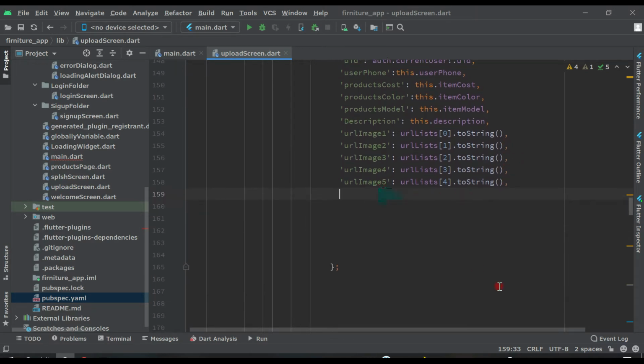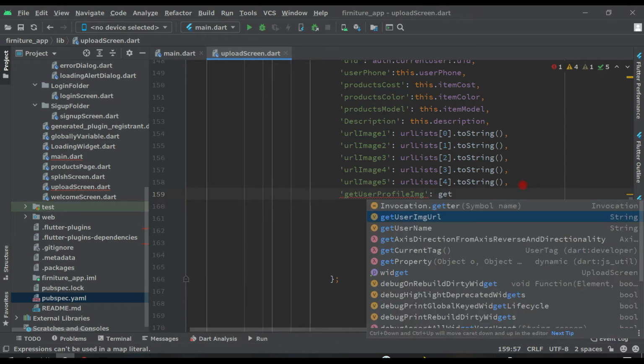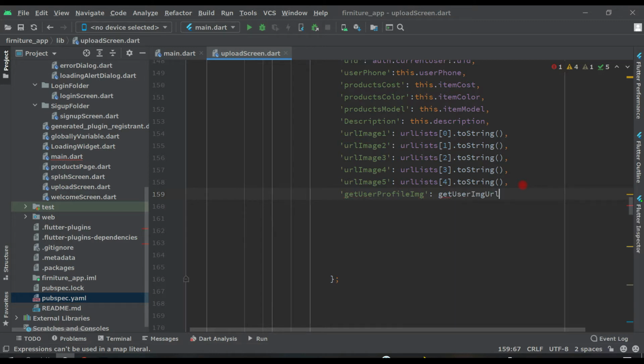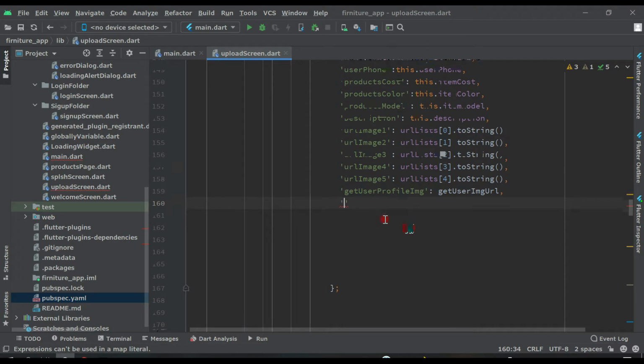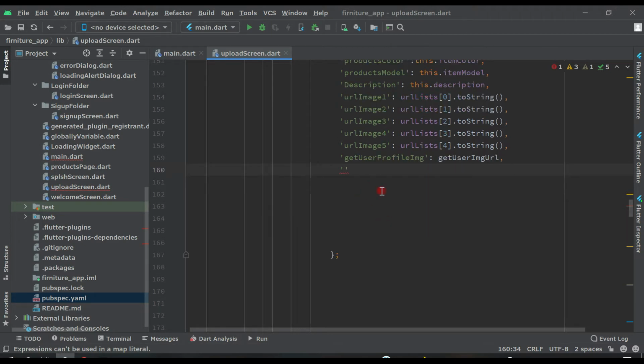So now after this we will get the user profile. So here get user profile image will be get userImageUrl, comma, then here we will get the data about the address.